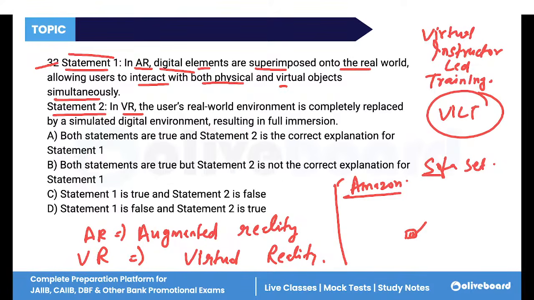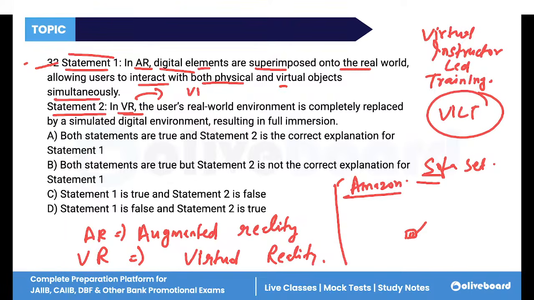If you click on it, you can keep the image where you want to keep the sofa, you can hold your phone in that angle, and it will show you how your sofa is looking over there. That is superimposed into the real world. You are in your real world, but it shows you different objects and helps you interact with virtual objects. That is augmented reality. But in virtual reality,